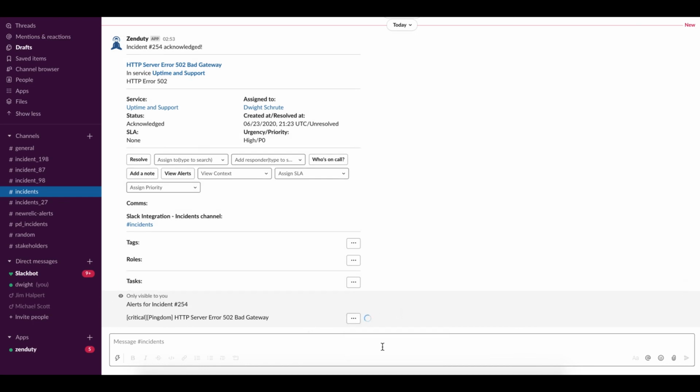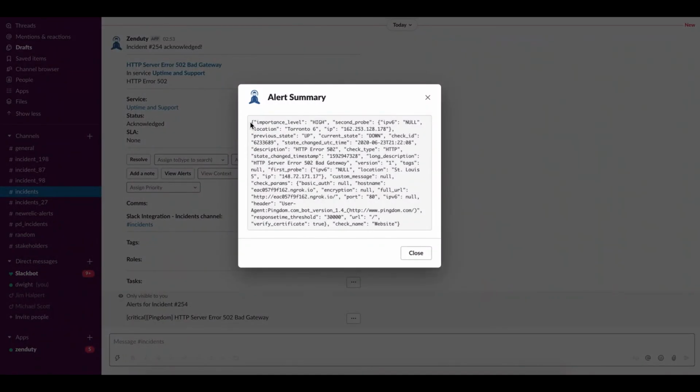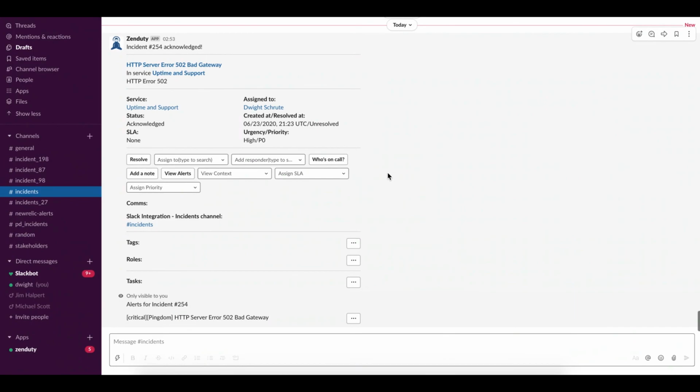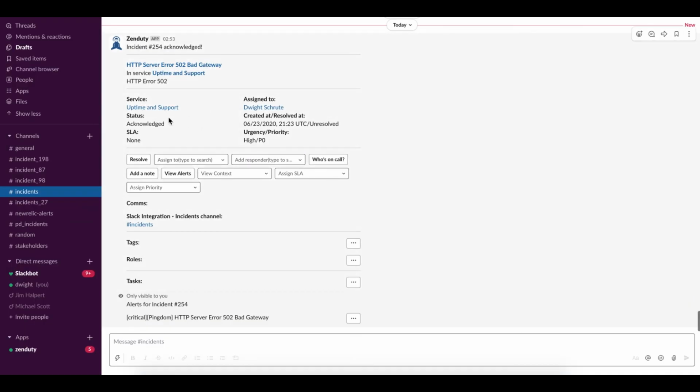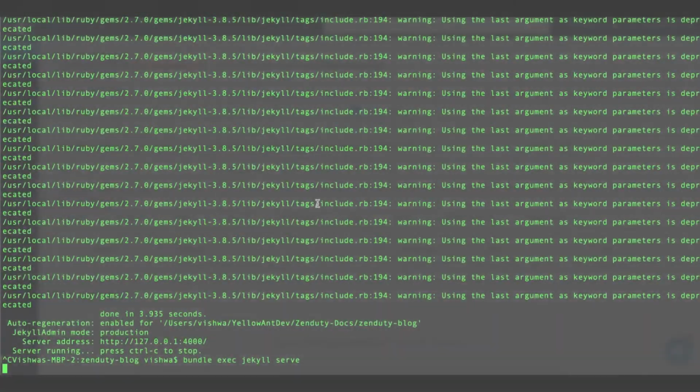And if I have to drill down a little more, I'll be able to deep dive into the payload that is being sent by Pingdom. So this was an outgoing integration with Slack. Whenever any action takes place on the ZenDuty application, that will automatically get reflected within your outgoing integrations as well.